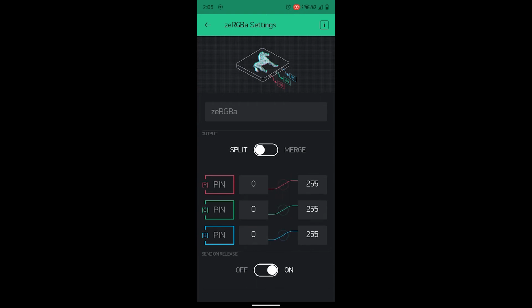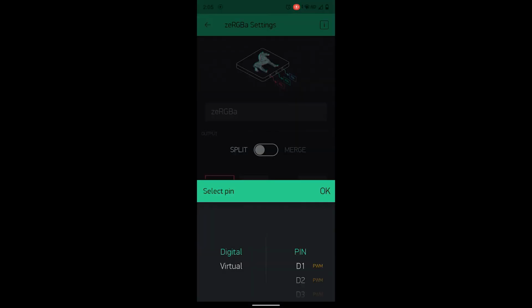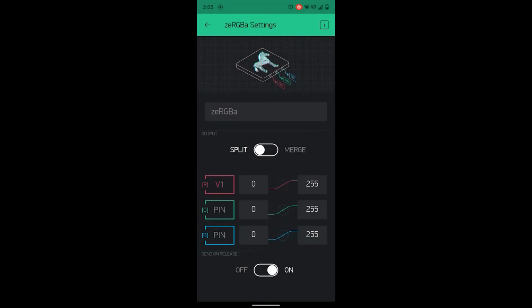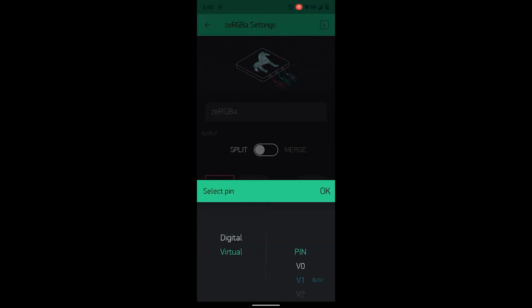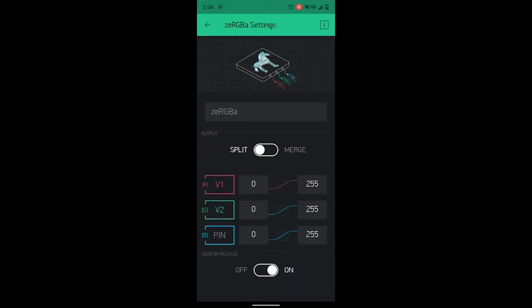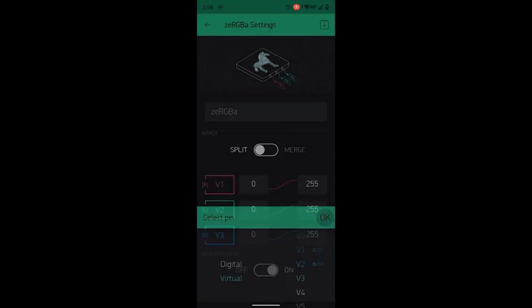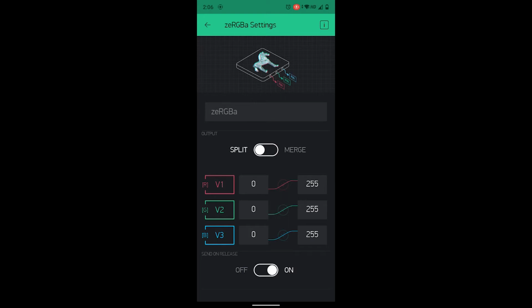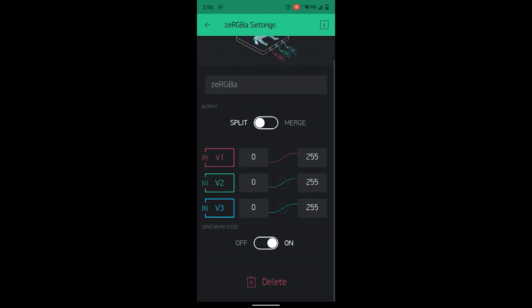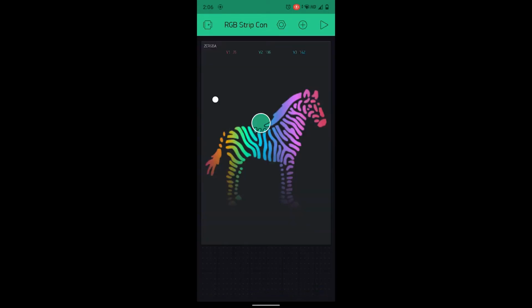Tap on the box that says R and pin, set the pin type to virtual, and then set the pin V1 against the R value. Now set subsequent pin numbers V2 and V3 for the G and B boxes. Now the preliminary configuration is done. That's the preliminary configuration that you need to do in the Blink app.